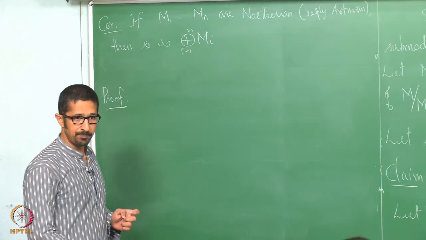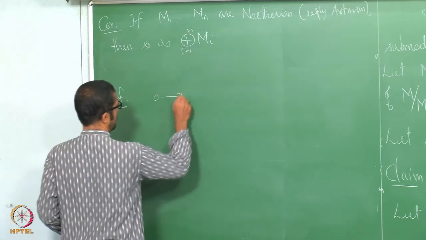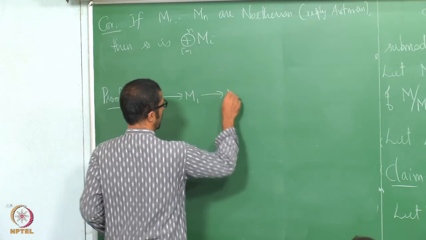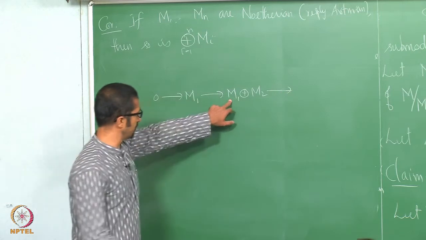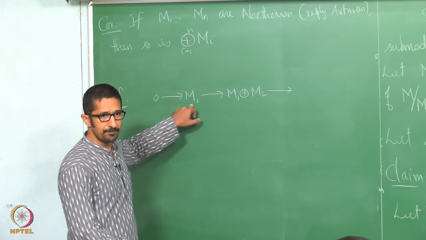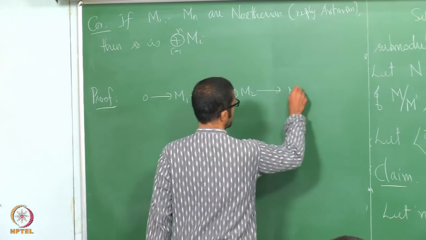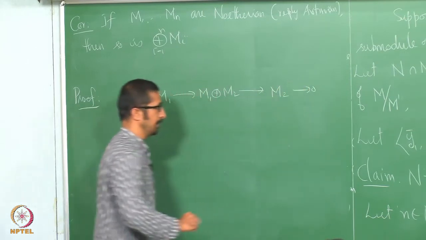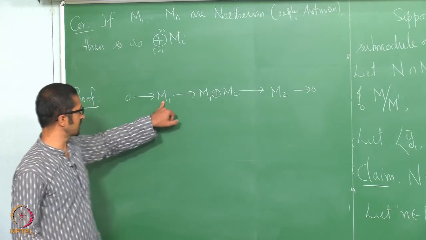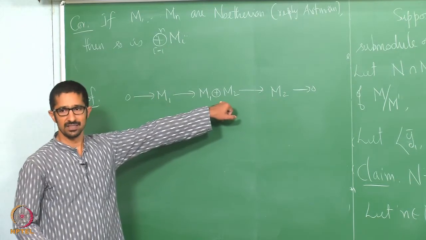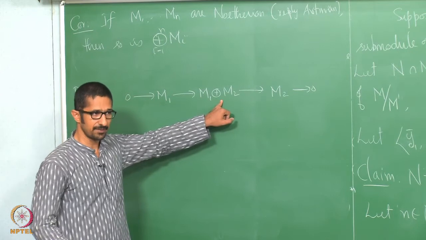So if M1 and M2 are Noetherian, then you have this exact sequence M1 to M1 direct sum M2 to, what is M1 direct sum M2 modulo M1? It's isomorphic to M2, right? This is an exact sequence. If this is Noetherian and this is Noetherian, then this is Noetherian. Similarly, if this is Artinian and this is Artinian, then this is Artinian. Okay,